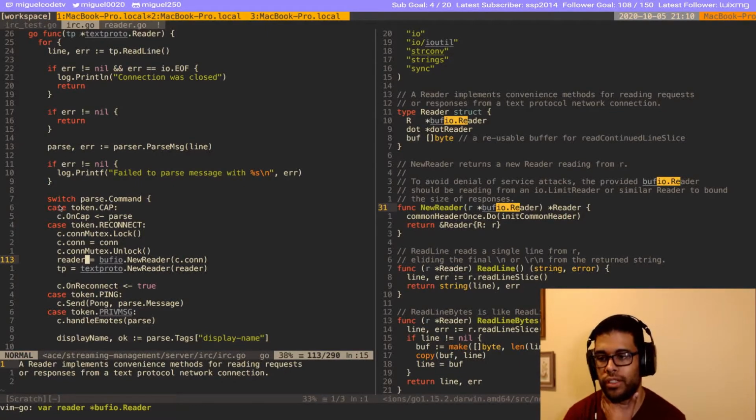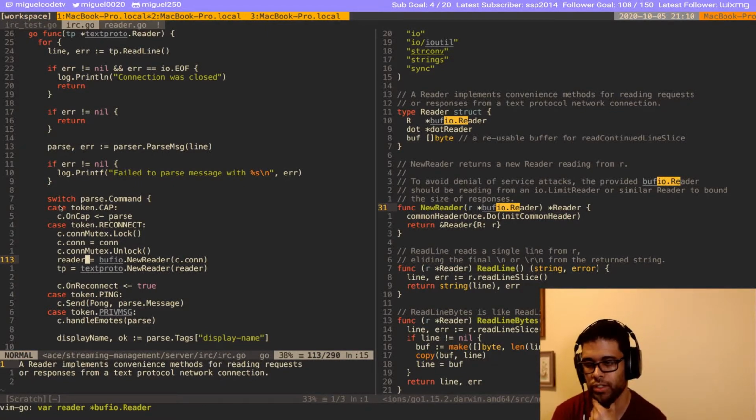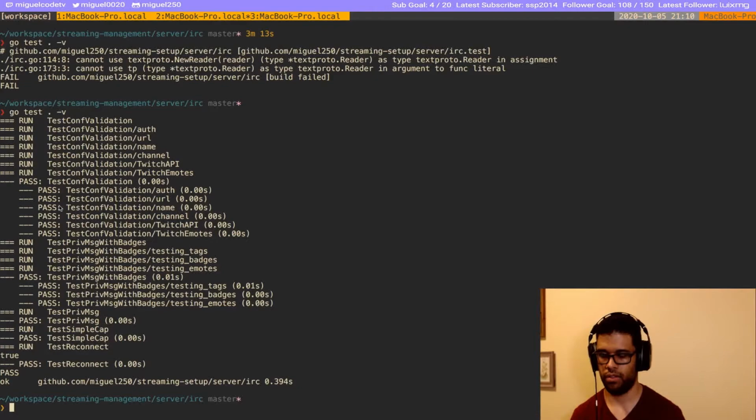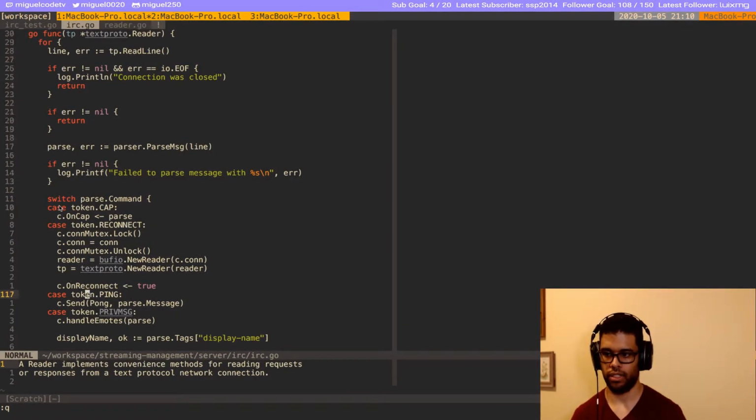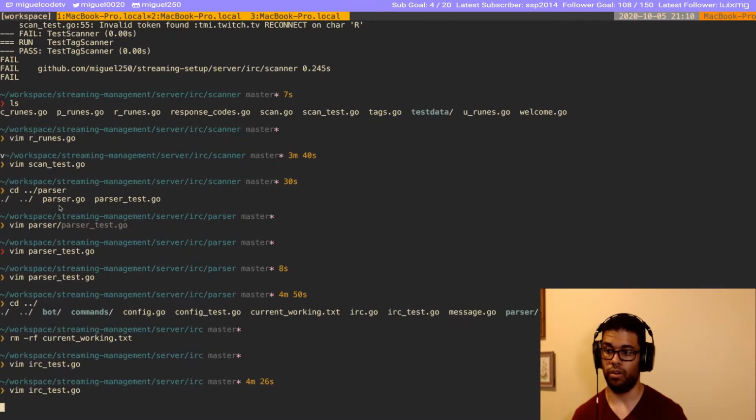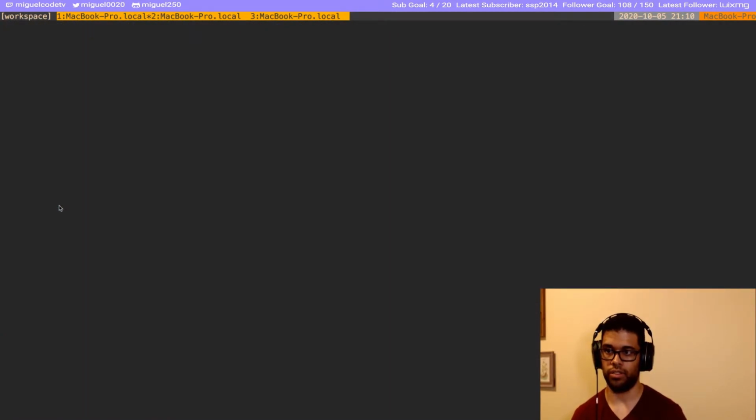I want to make sure that the connection is not the same. So how would I? Oh, I should just check what if I send something to the server. What do I get back from it? Or here's something else we could do.